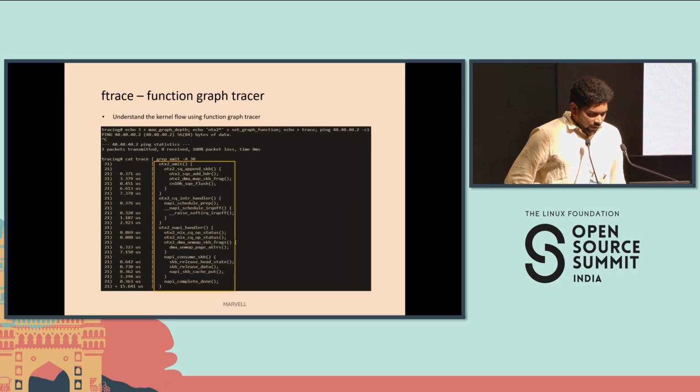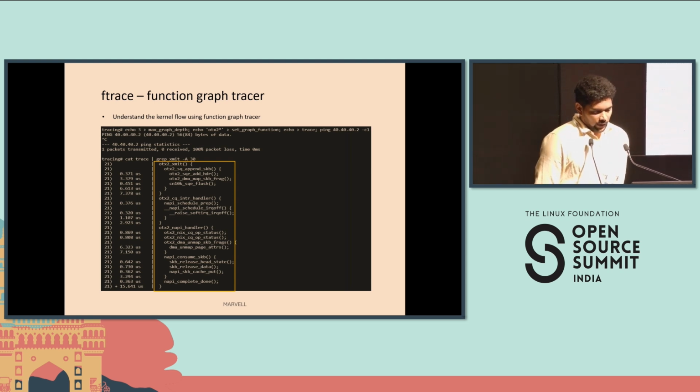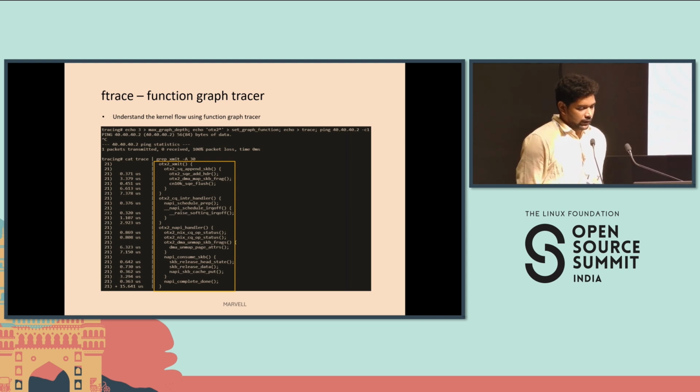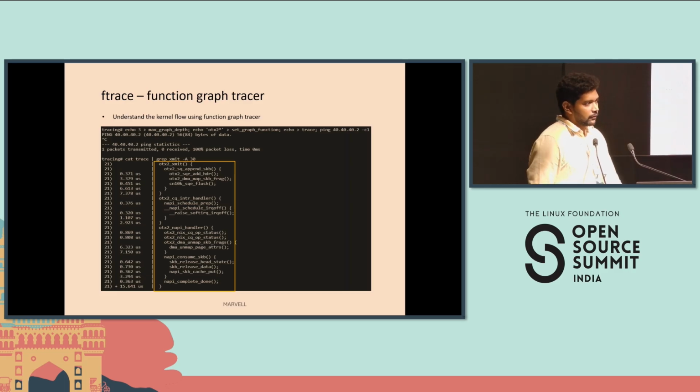Say OTX2 is the Marvell OcteonTX2 driver. I want to check everything happening with respect to my driver. So I give a wildcard filter, echo otx2 star to set_graph_function, and clear the existing trace. Max graph depth is the number of levels of functions you want to trace. Let's say 3 means function A calling function B and function B calling function C. That's all. So when I send a packet and